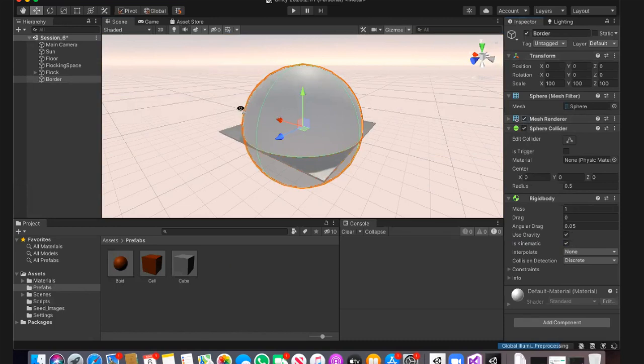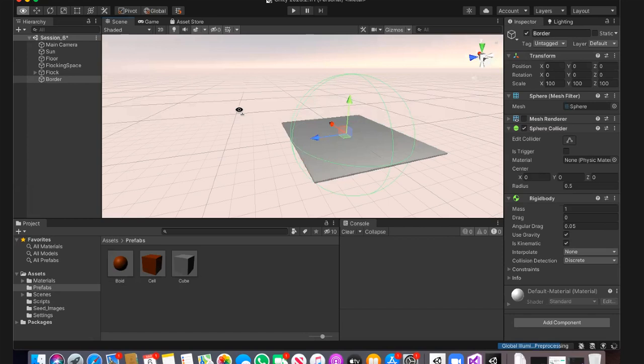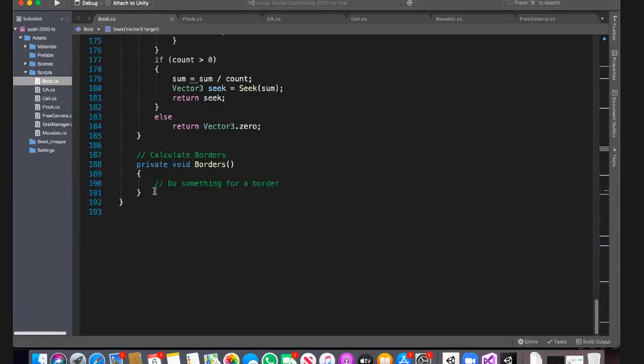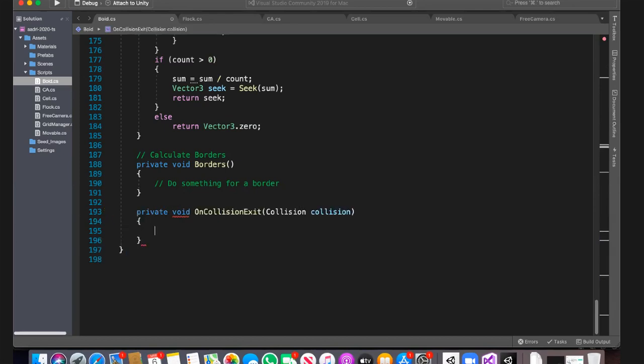Now, what I think the best way to do it, it's in the actual void itself, right? In our script, I have now the border, and to be honest, I don't really need it because I'm gonna do it in a bit in a different way. And I'm gonna use a function which is on collision exit. Okay, and